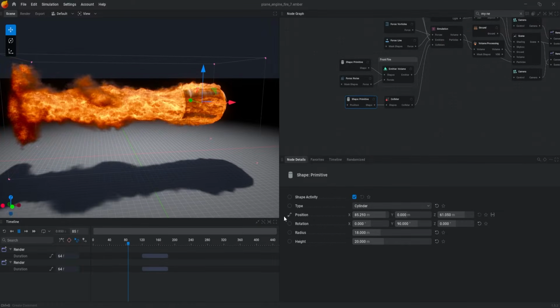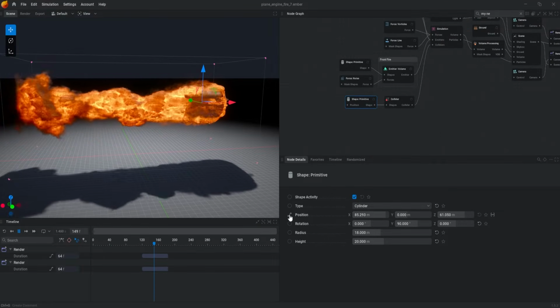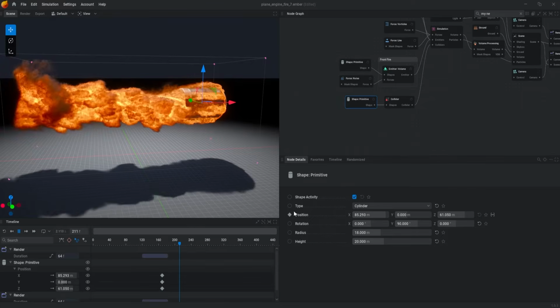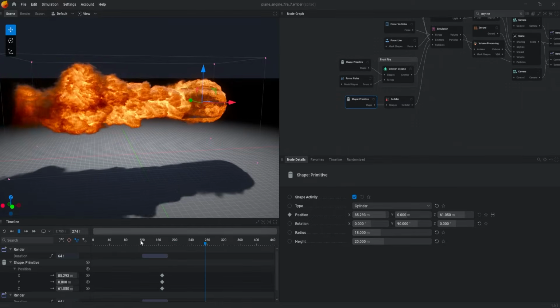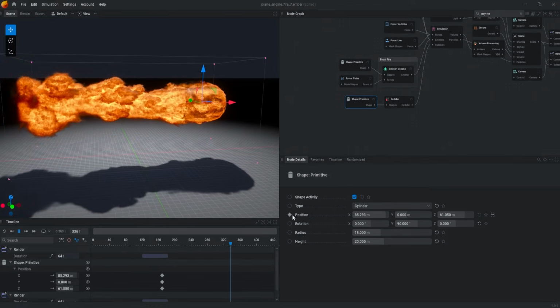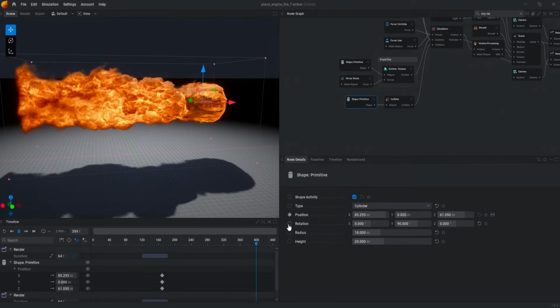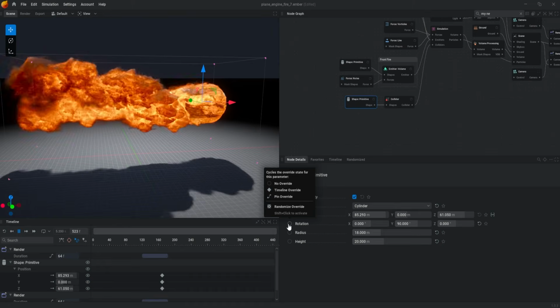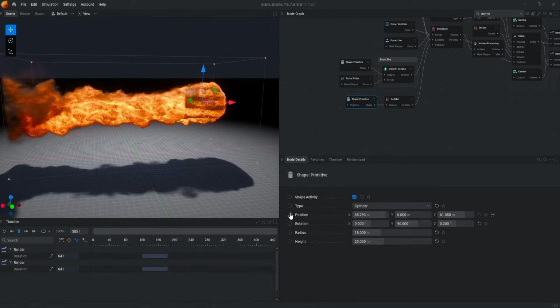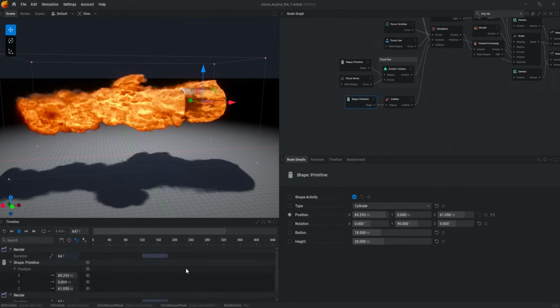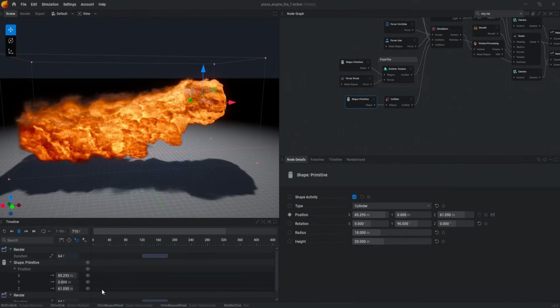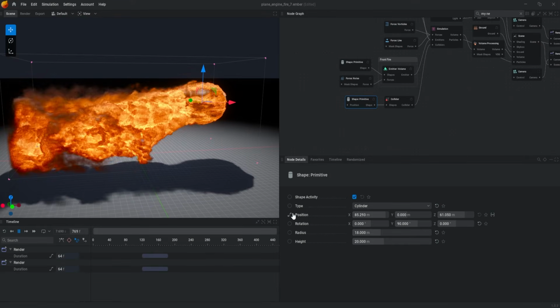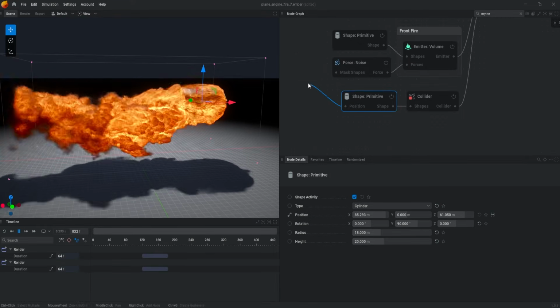And one of the next things to mention is exposing things to the timeline or even to the node graph. So we have these little circles here, and if you hover over it, it will give you a tooltip on what each thing does. For instance, if we click once, that is going to assign it to the timeline over here. And if we click it twice, it's going to expose it to the node graph,